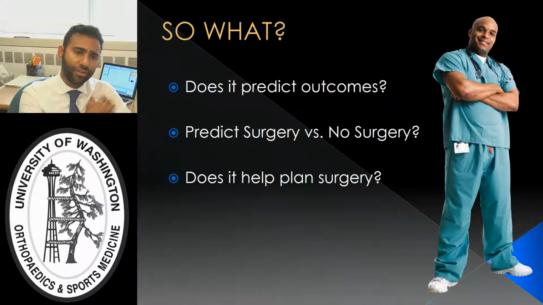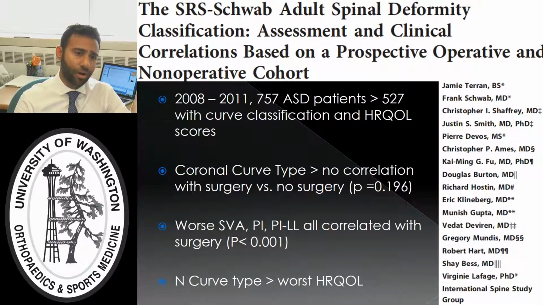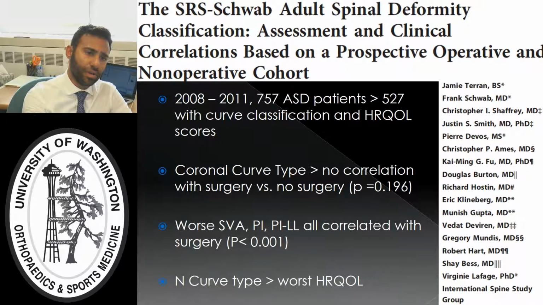So what's important is that this classification system helps predict outcomes for patients. It does help predict which patients need surgery, and it does help plan surgery. So if a patient has a very significant sagittal plane deformity, that patient is more likely to require a 3-column osteotomy. And this is a study that looked to